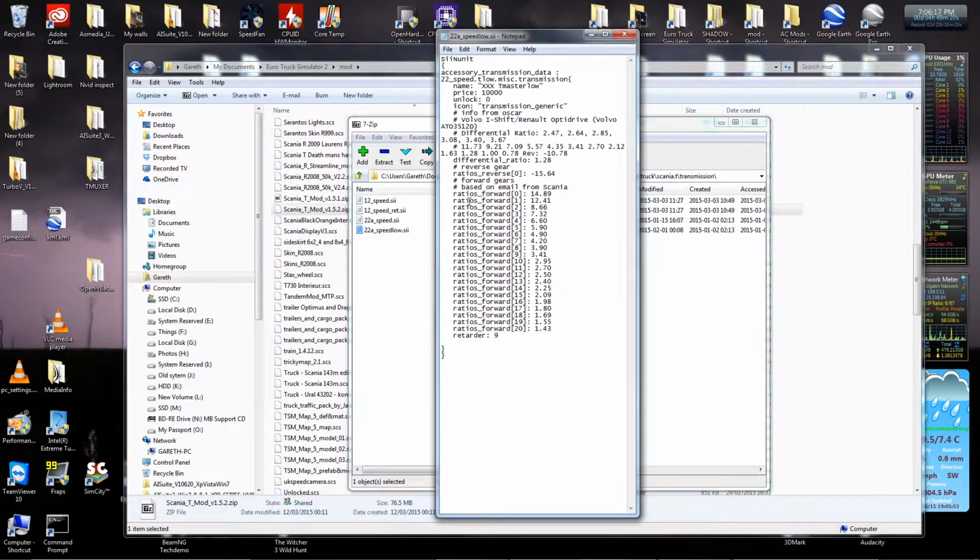Basically here you've got your forward gear ratios, you've got reverse gear ratio, you've got also various differential ratios and so on and so forth. Up at the top here where it says name, actually there's one important thing, one partially important thing. The first important bit is the bit after where it says accessory transmission data here. This, and it says 22 speed